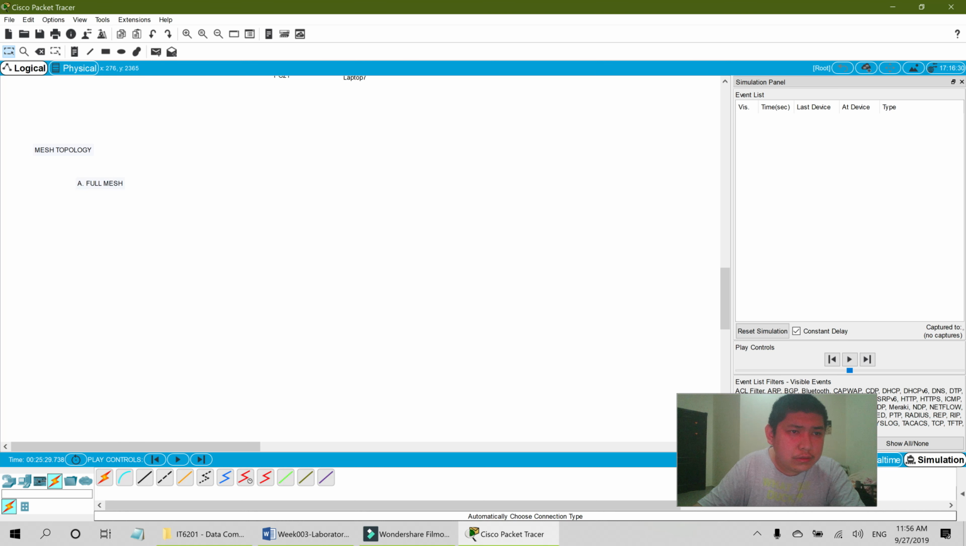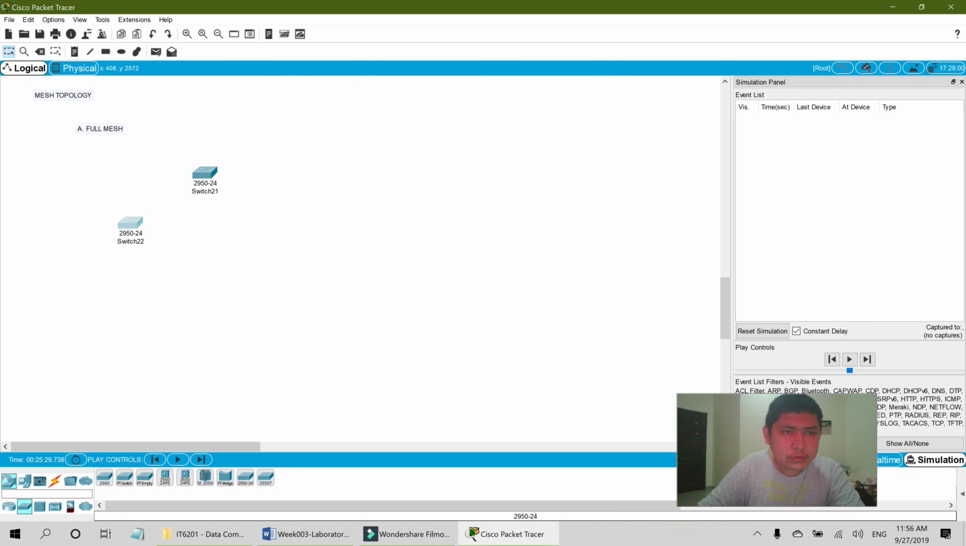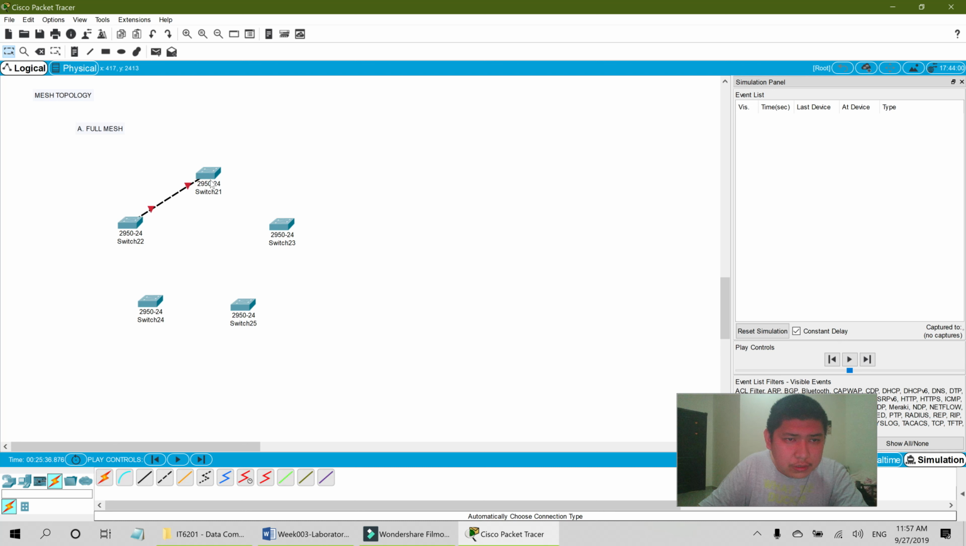Let's see, it's A. First I'm gonna use the switches. Same, use the switch 2950. So for full mesh, they are fully connected with each one. So I'm gonna use this. I'm gonna connect them. Okay, this switch here, switch 21 to here,